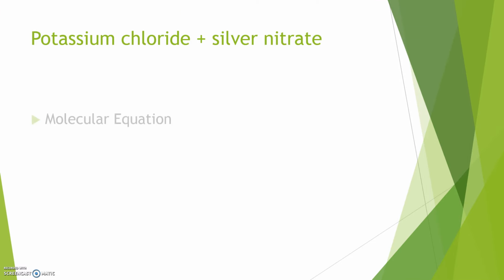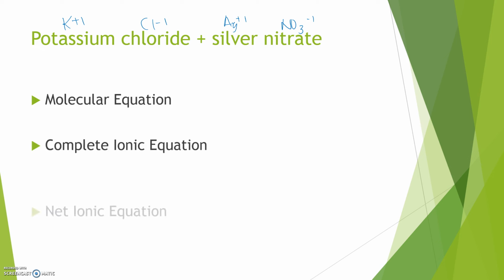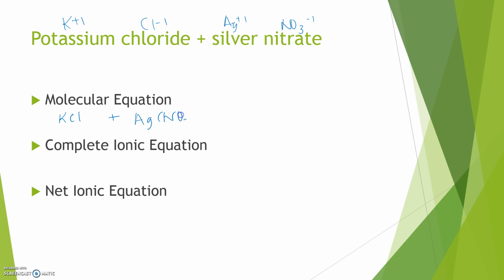So, very quickly, before our time runs out, let's do potassium chloride and silver nitrate. So I'll put my ions up here. K plus 1 and Cl minus 1, Ag plus 1, and NO3 minus 1. So I have my molecular equation, my complete ionic, and my net ionic. So for my molecular equation, I have K and Cl, and then I have Ag and NO3. And then I'm going to go ahead and pair up my opposites, so these two. So I have